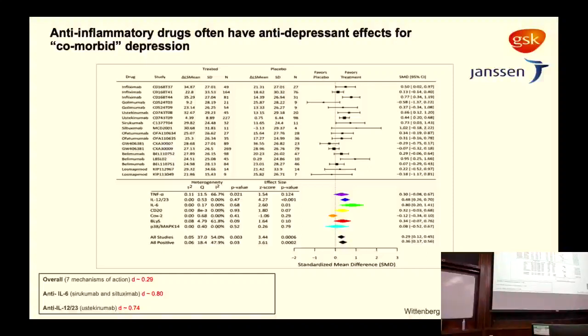And there is already some circumstantial evidence for this, and I say it's circumstantial because although it's quite robust and highly replicated and based on large samples, these are all data that were acquired and collected for a completely different reason. These are the same data that I showed you already. The primary purpose of these randomized clinical trials was to test anti-inflammatory drugs for efficacy in physical disorders like rheumatoid arthritis, ankylosing